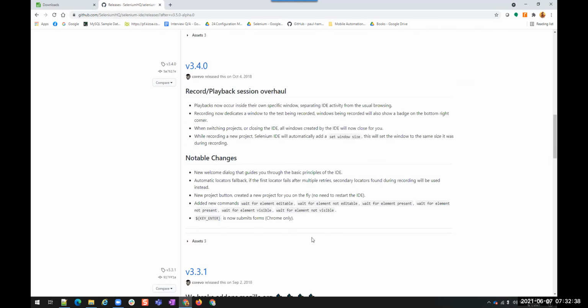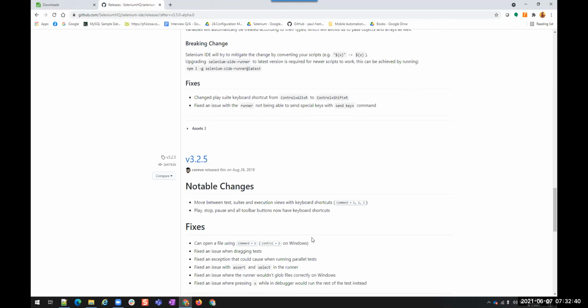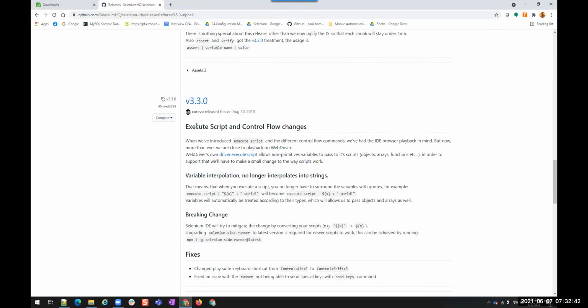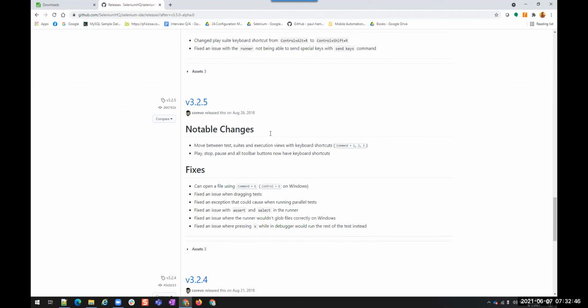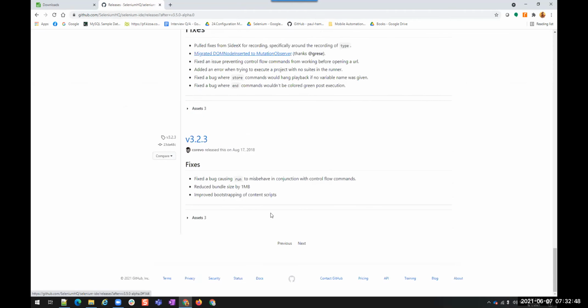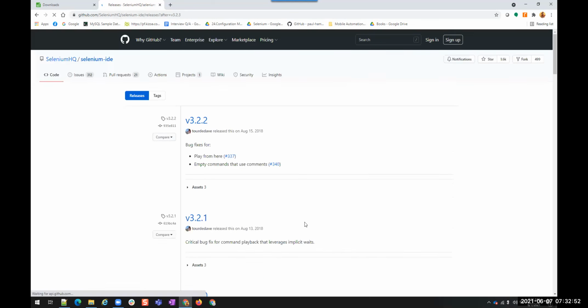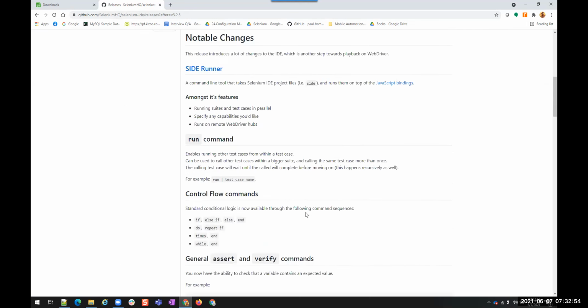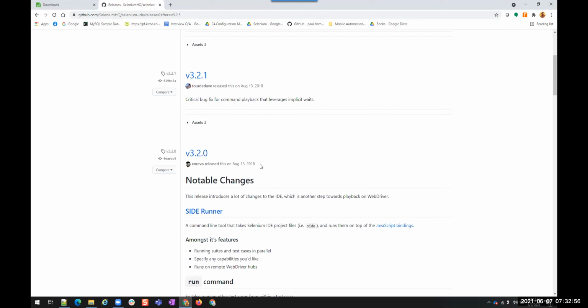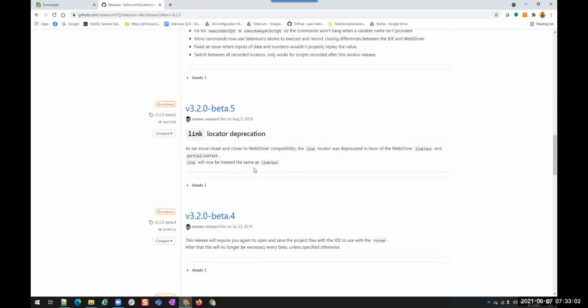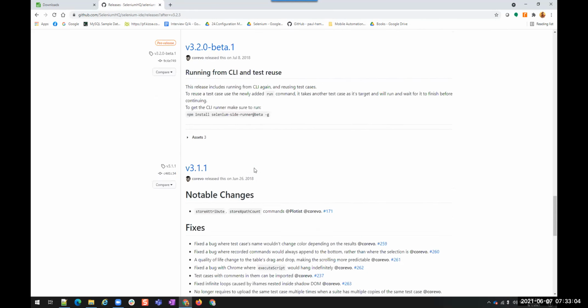You see, execute script and control flow changes they added on August 30, 2018. This is all version 3. So this is when they started updating it. Before this, we stopped it.